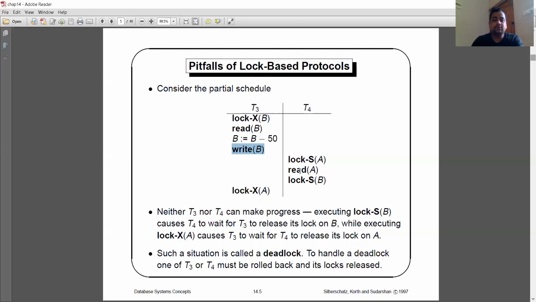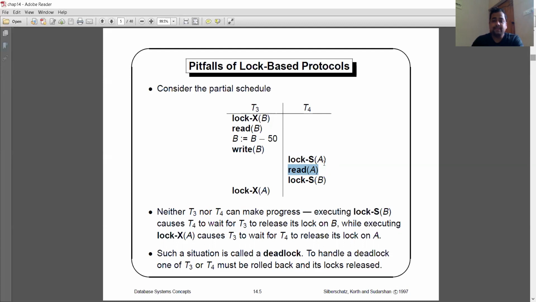Okay, now move to T4. This type of lock is called a shared lock, and data item A is used here for the first time. It is not used by the transaction T3. So T4 can directly put a lock on data item A, and it will perform the read of A. Now this data item A is associated with the transaction T4. Data item B is associated with the transaction T3.